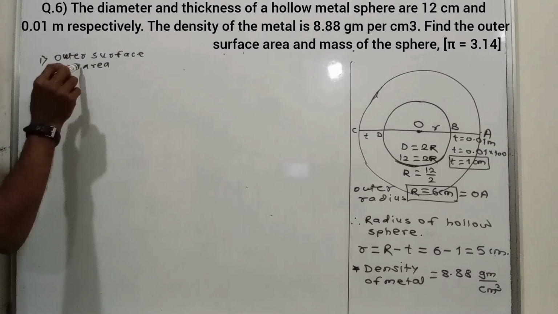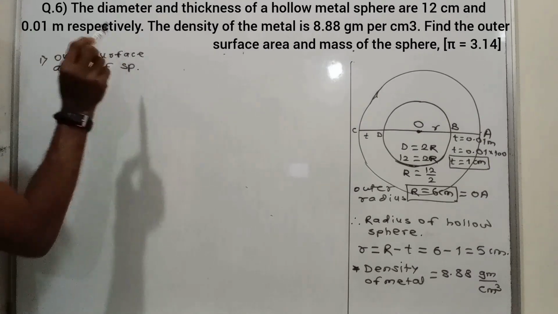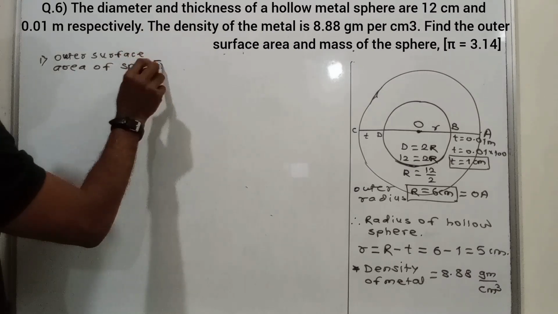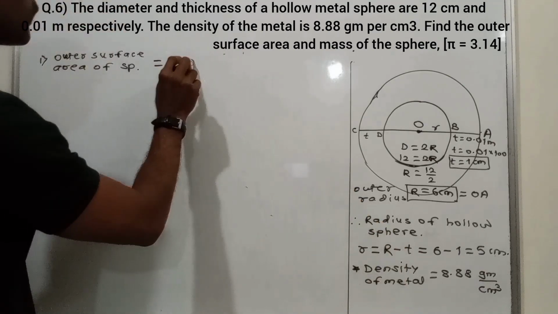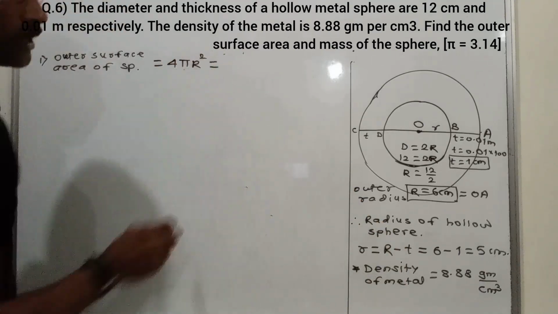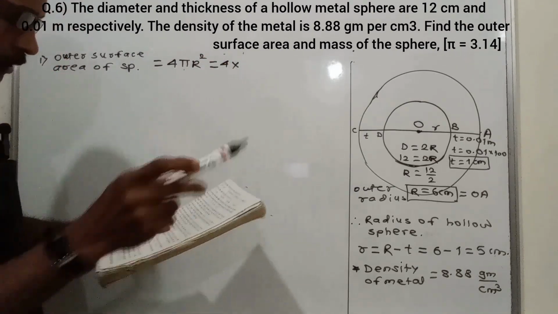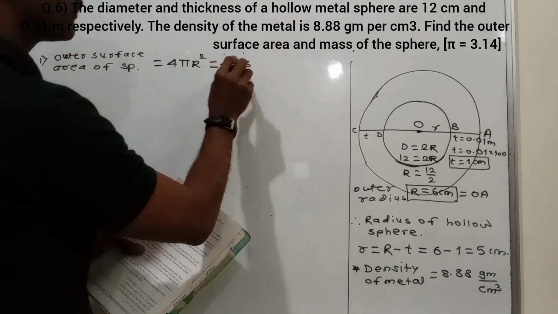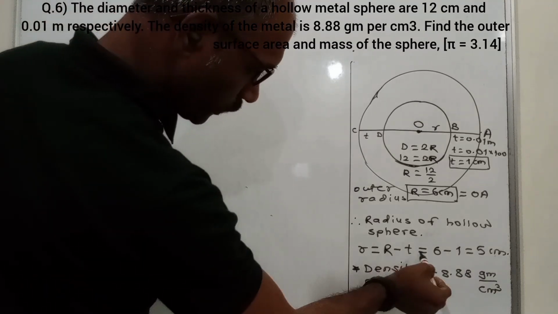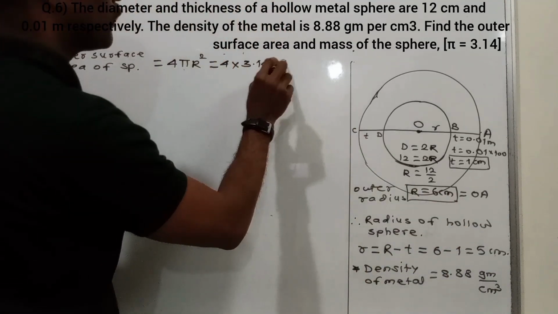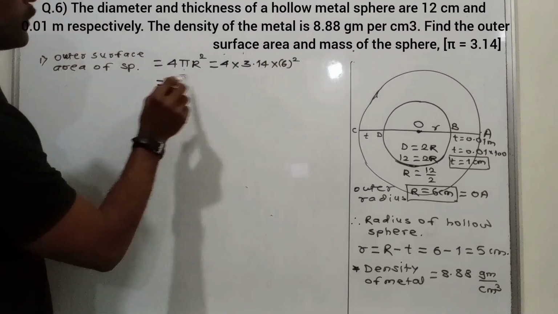Outer surface area of sphere, what is the formula? 4 pi capital R square is equal to 4 into, what is the value of pi? Value of pi is 3.14 and R, what is capital R? 6 centimeter means 6 square. Okay, therefore